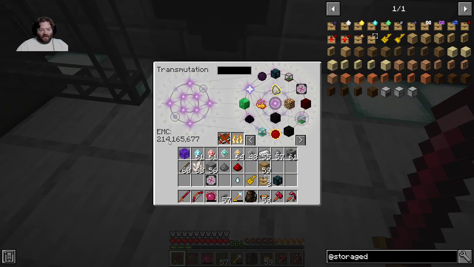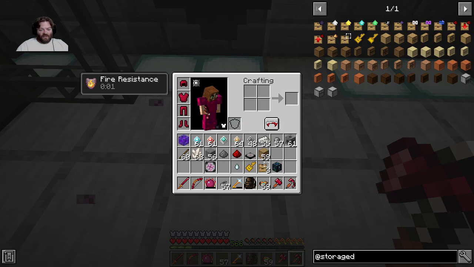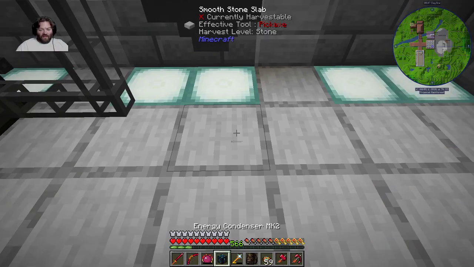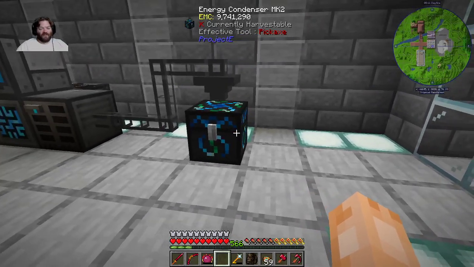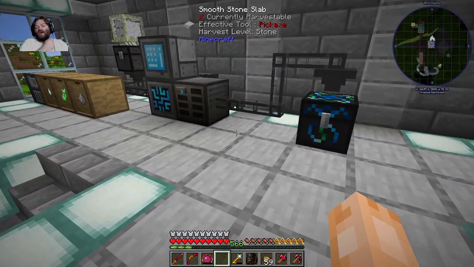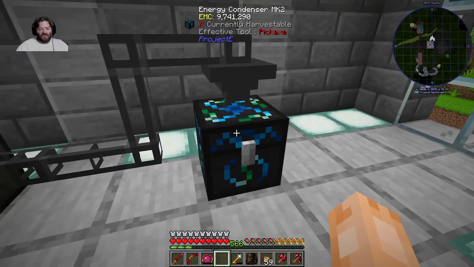Nothing's happening. 214 million, same thing. Okay, so let's change that out, and we'll put in this energy condenser. Now it's working. That is putting stuff into it. So we'll still have to then go through the process of manually doing it, but we can set this here